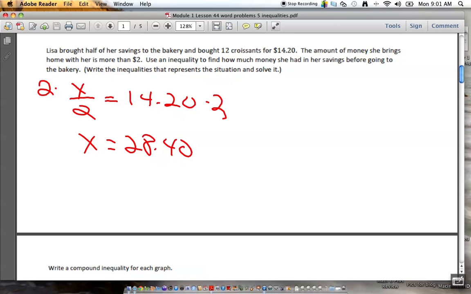Agree? So we have 28.40, but this is the confusing part. It says the amount of money she brings home with her is more than $2. So use an inequality to find how much money she had in her savings before going to the bakery. Wait, so that means when she went to the bakery, she had 20, more than or equal to